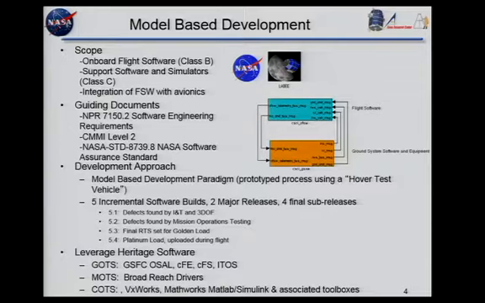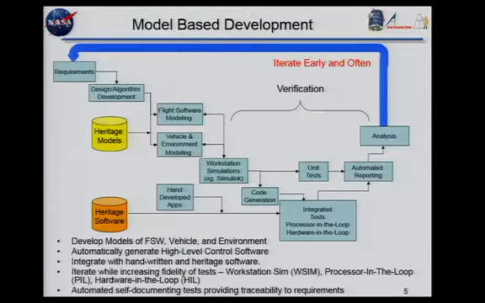Now, because of the nature of our development, both the simulation and the flight software, at least in terms of the controlling components, were really developed in the same environment, and so they were very tightly coupled with each other. Again, this is another one of those charts that we had before, and the thought here is that you see the flight software up there. So we have a flight software element, and right next to it we have our modeling element. And so they have to maintain and be in sync with each other.